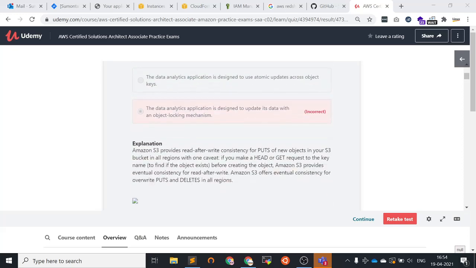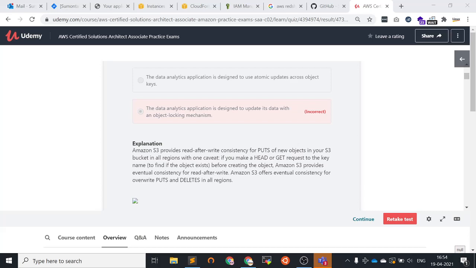So the explanation is: Amazon S3 provides read-after-write consistency for PUTs of new objects in your S3 bucket in all regions, with one caveat. If you make a HEAD or GET request to the key name to find if the object exists before creating the object, Amazon S3 provides eventual consistency for read-after-write.